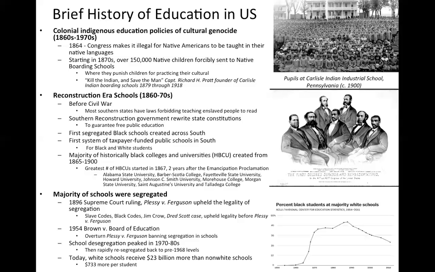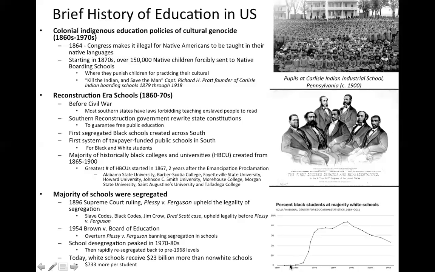Right away, we start seeing the emergence of the Dixiecrat Party and this white resistance to segregation. So it really takes decades for many of these schools, particularly in the South, to start desegregating. But really by the 60s, late 60s, 70s, and early 80s, we start seeing a lot of these schools really becoming desegregated.